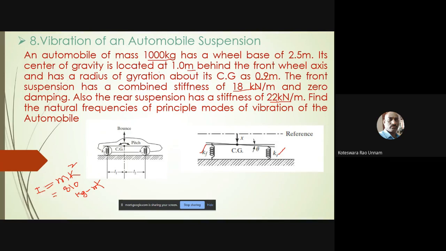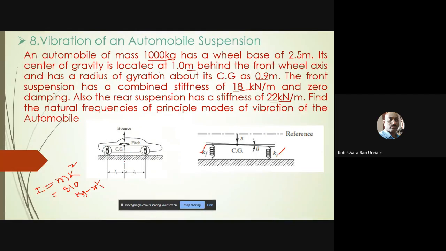The rear is 22,000. He has also given the location of the CG: from the front suspension, the CG is at a distance L1, which he has given as 1 meter. The center of gravity is located 1 meter behind the front wheel, so this distance L1 is 1 meter.